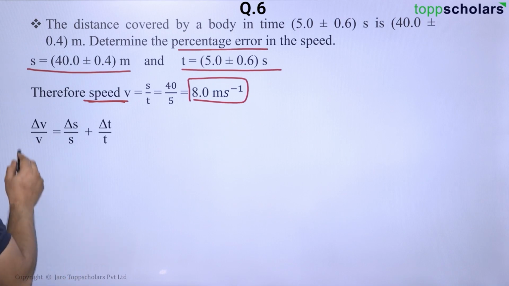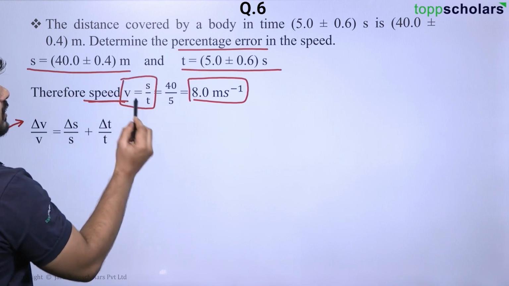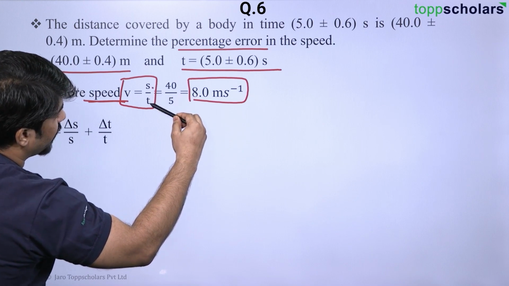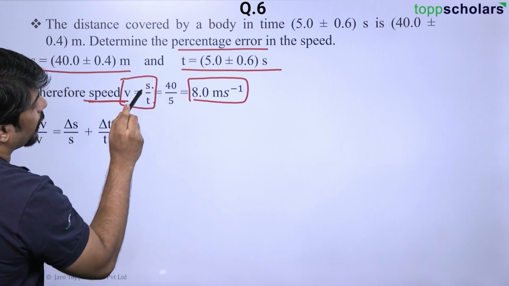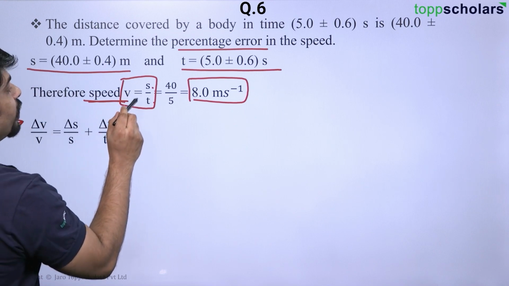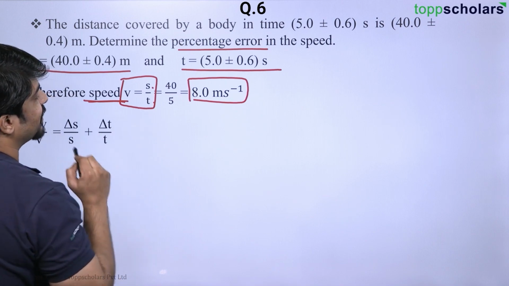Now, we know the standard formula. Over here we can see V is equal to S upon T. That means S is divided by T. That means we have performed a mathematical operation of division with two quantities having some uncertainties, and in